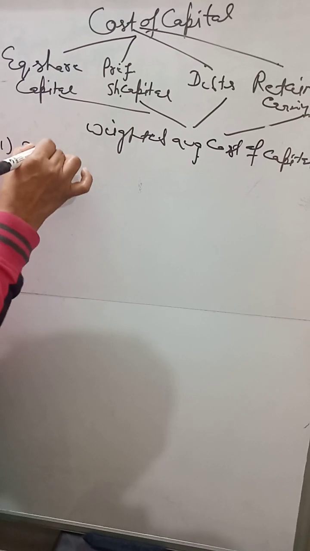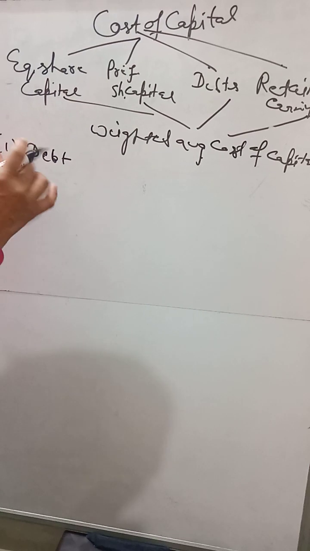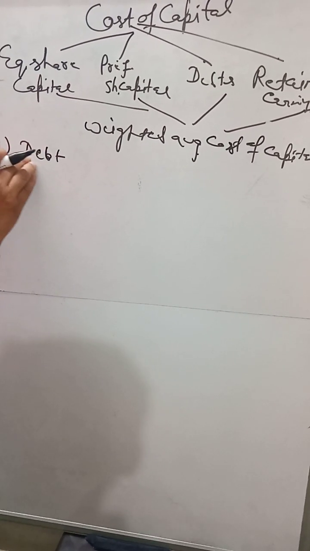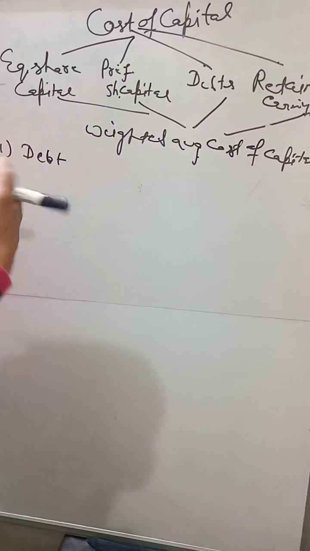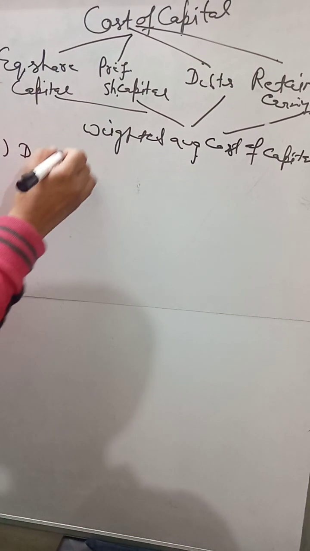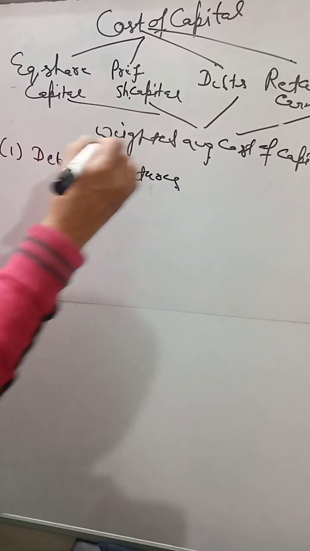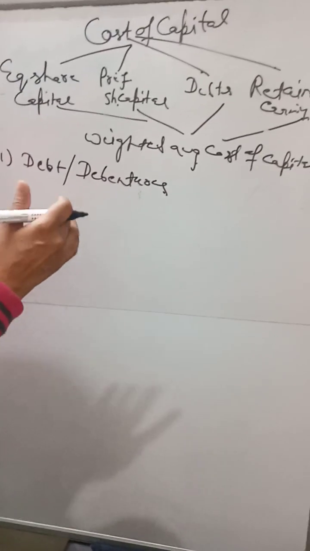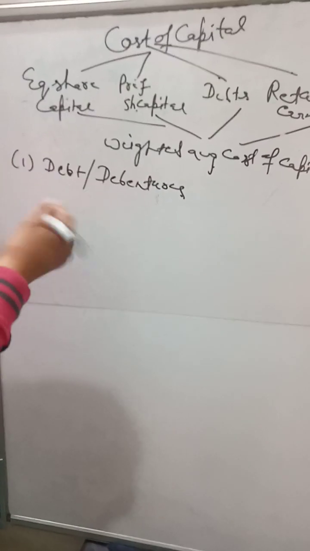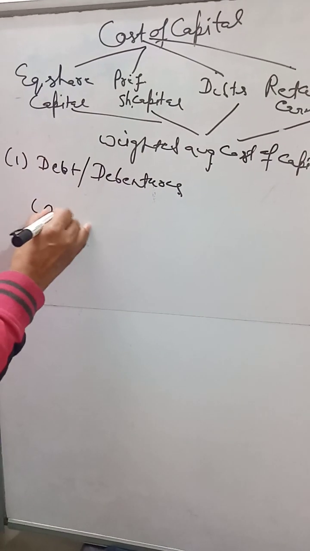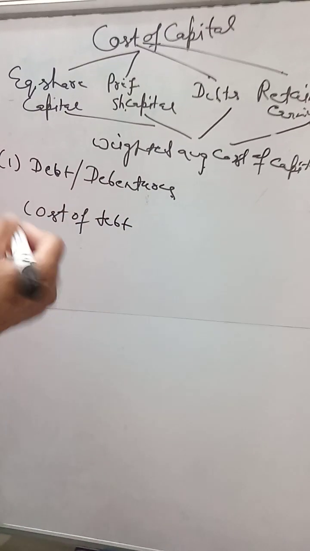Debts: the person who buys the debts expects interest from the company, and the interest is the expense which the company has to pay to the debtors at any cost. Or we can say the debentures. And the company also gets the tax benefit on the debt. So there is the question of before tax and after tax on the debt. So how can we calculate the cost of debt for a company, because when a company is collecting money from the people, they have to pay the interest.